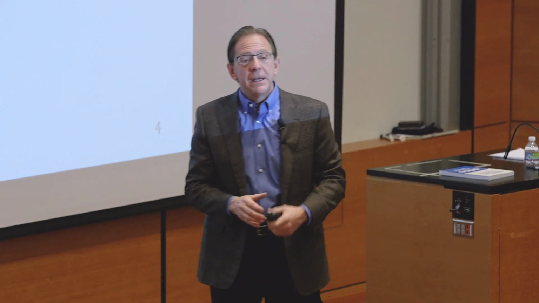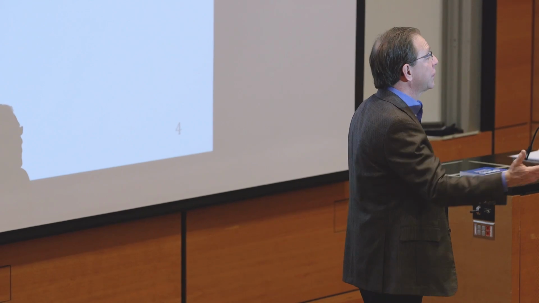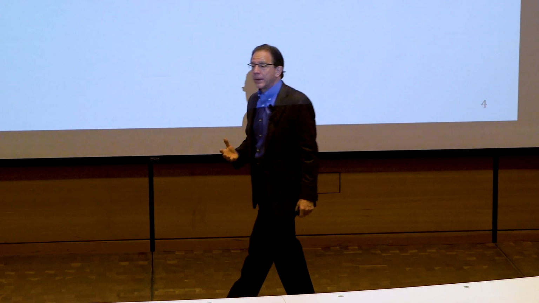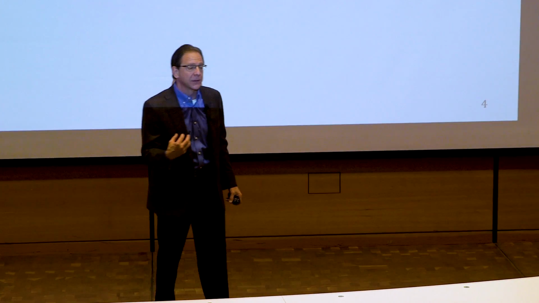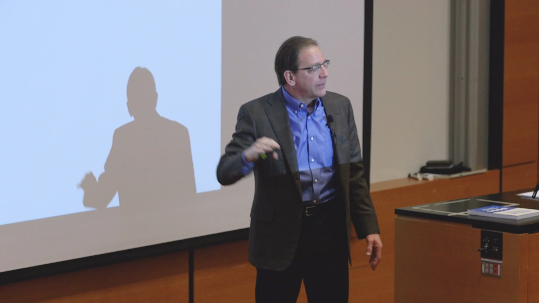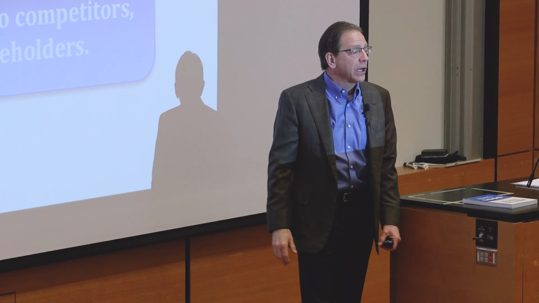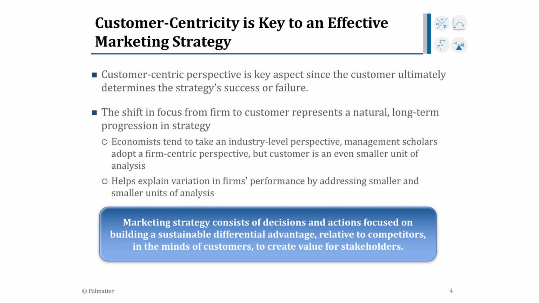You can't just look at the firm. You have to look at the individual customers that work for a firm. What kind of pricing strategy? How do your salespeople or your customer service people deal with them? What kind of loyalty programs do you have? How do you change your pricing across your different customers? How do you build a brand in your customers' minds? And we say these extra factors help explain more variance. So we think this marketing perspective or customer-centric perspective, at the customer level, helps explain more variance. Putting that all together, we come up with a definition of marketing strategy. And we're going to use this definition through the whole textbook.